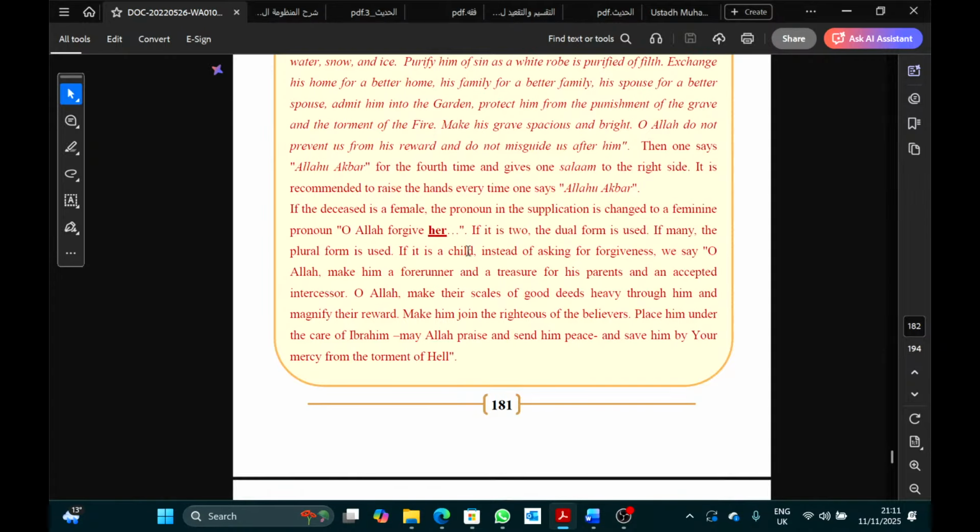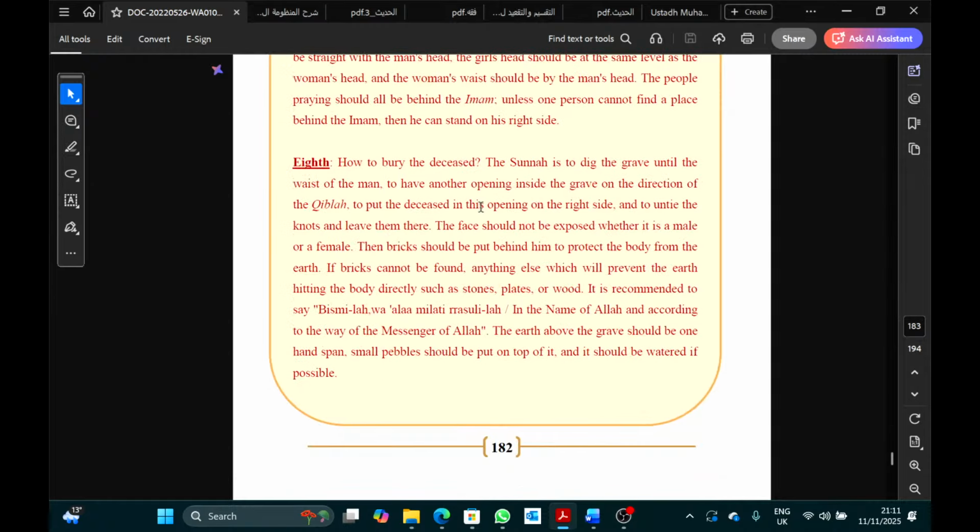How to pray? Okay, that's long. I'll just summarize it. Look, so janazah is very easy. You say Allahu Akbar how many times? 4 times, right? And after the first time, you recite Surah Fatiha, and you recite a short surah after that. Then you say Allahu Akbar, send salah upon the Prophet ﷺ, and you say Allahu Akbar, you make dua for the one deceased, and you say Allahu Akbar, and you say Assalamu alaikum wa rahmatullah. That's it. So 4 times, right?